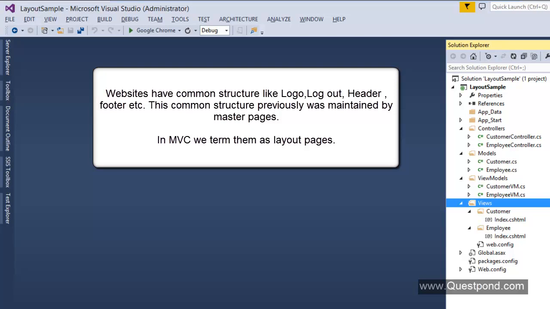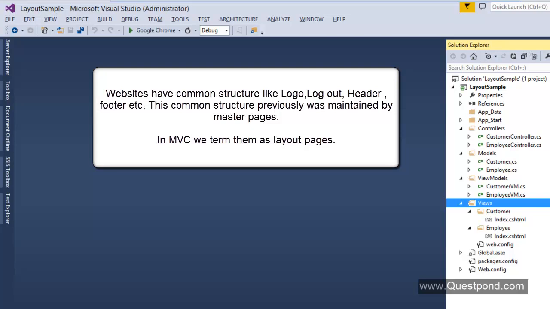When we look at any real-time project, it always consists of more than one option. But you will always find one similarity between all the options. What is it? It's the structure of that option. If you see a logo in the top left corner of one option, you will find the logo in all the options.